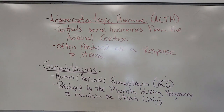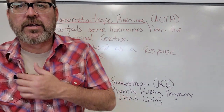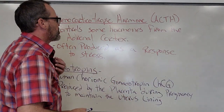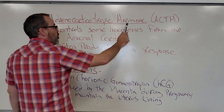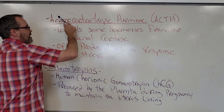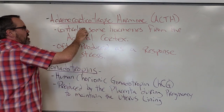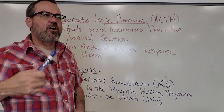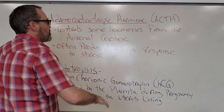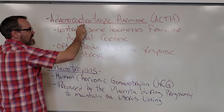My next hormone from the anterior pituitary gland is ACTH, adrenocorticotropic hormone. Now this one is very similar to what we just looked at with thyroid stimulating hormone. That was a hormone that stimulates the thyroid. This is going to be a hormone that stimulates the cortex of the adrenal gland. And that's really what we're looking at here. If we look at just the name, we know tropic from our previous slides is a hormone that causes other hormones to be released. So this is a hormone that causes other hormones to get released from the cortex of